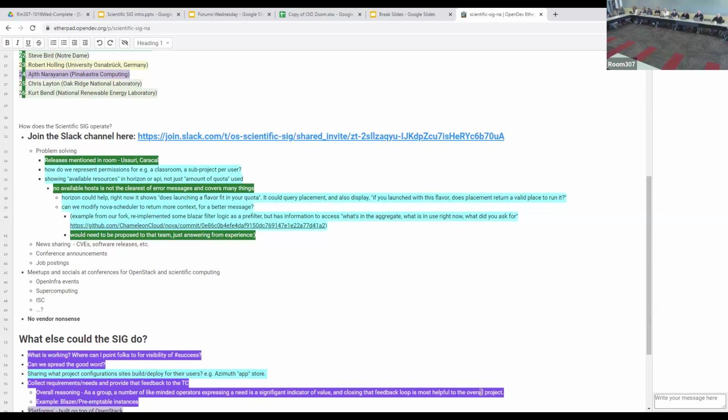On the monetizing side of things, that's an interesting area. So one of the things that we've been looking at with Blazar for a project in the UK is essentially tying credits, funny money, to a Blazar reservation, so that you could say if a project has resource funding from the national funding body, they can spend it by making reservations on national infrastructure, and that sounds really good, but it also makes me quite uneasy because it sort of turns us into a bank. You know, that's not really what the Python code is really written for.